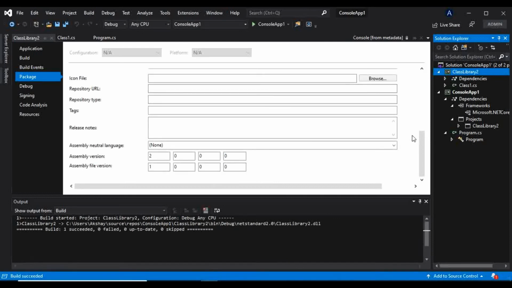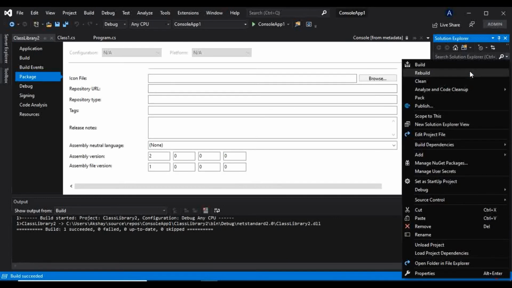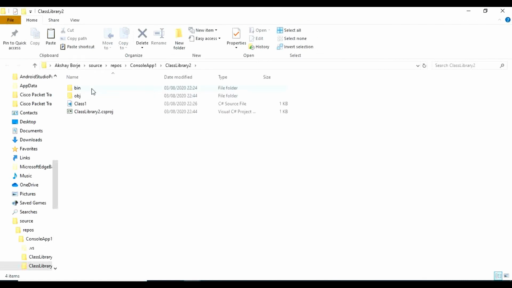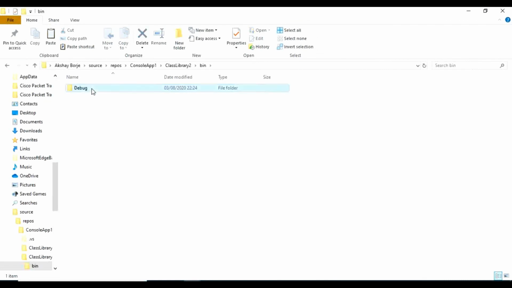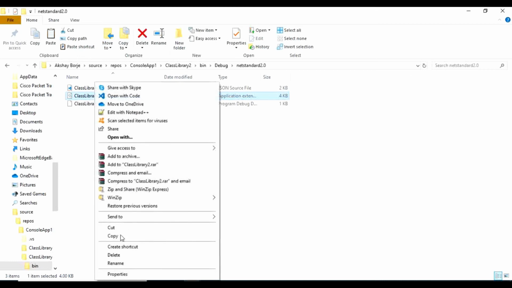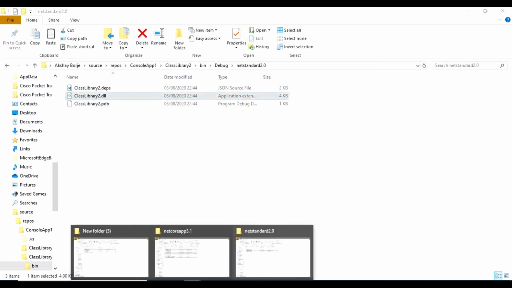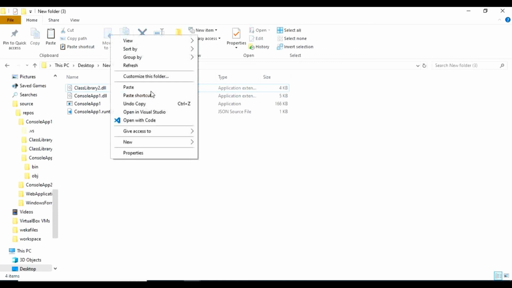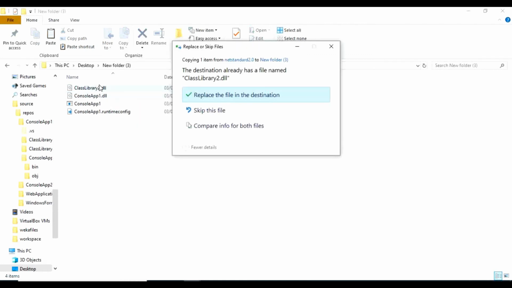Then I will go to the folder in File Explorer, go to bin, take this assembly, copy this, and paste that here. I will replace this file.